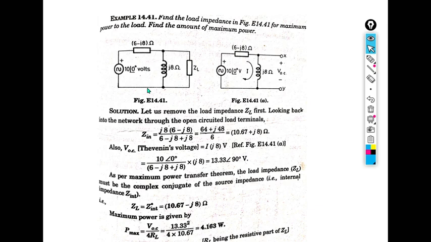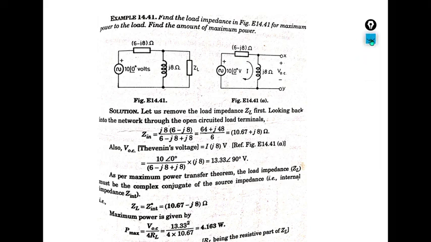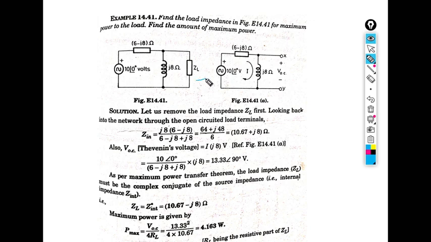So, the steps are that we will follow Thevenin's theorem. What do we have to find out? First we have to find the Thevenin's equivalent impedance. First we will short circuit this path because it is a voltage source. The question is how to find it. We will look from this side, and we can see that these two are parallel. So we can find it out and we get 10.67 plus J8 ohm. This is known to you.